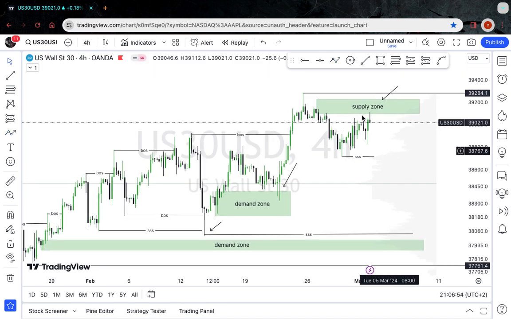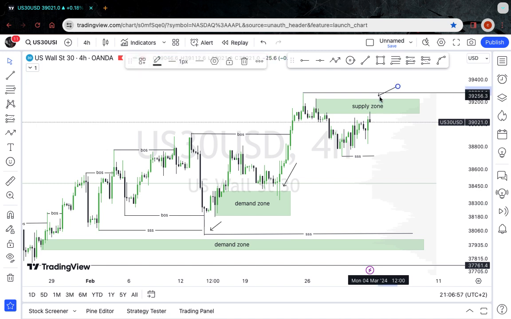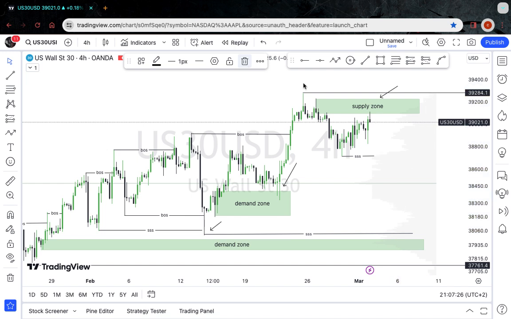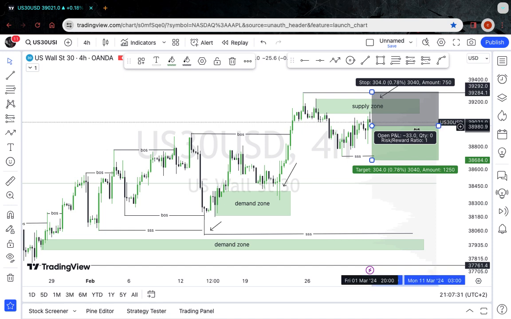If the market respects that supply zone, then we probably know that we are going to have that massive push to the downside. Probably Friday it's just going to add spice into the market, and then the market just pushes to the downside just like that. Probably we can also come back and take out these highs, you understand? So this is definitely what we are looking for. We are going to be monitoring sells this week, looking for entry there,